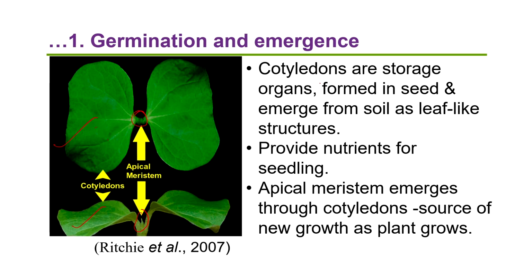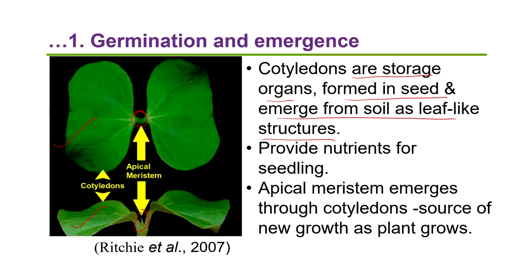So cotyledons are storage organs, formed in the seed, and emerge from the soil as leaf-like structures. So initially they are the source of food or energy to the growing seedling, providing nutrients for the seedling, and the apical meristem emerges through the cotyledons. So it passes through between these two cotyledons and is the source of new growth as the plant